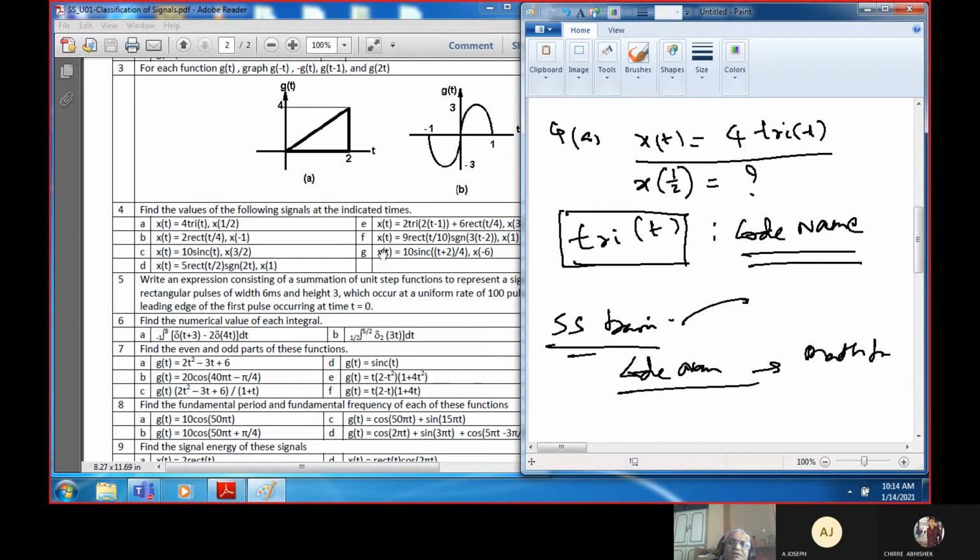Okay, now this fourth problem involves understanding functions which are used in communication systems broadly, widely, all over the world. People use this thing and in such a way they use that it is understood by everybody. Like that they will tell, tri of t is a triangle function, why are you asking? Like that they will be talking. So we must know that this is a code name for a signal, and we must remember the mathematical function for this one.